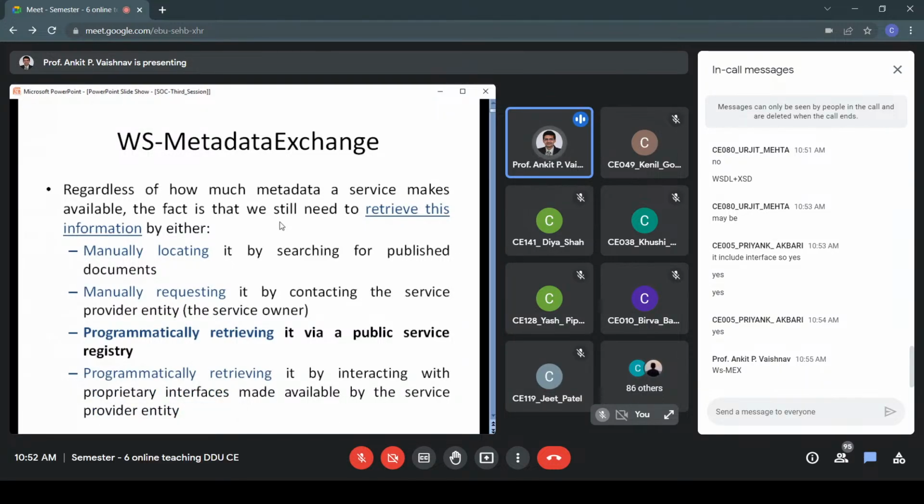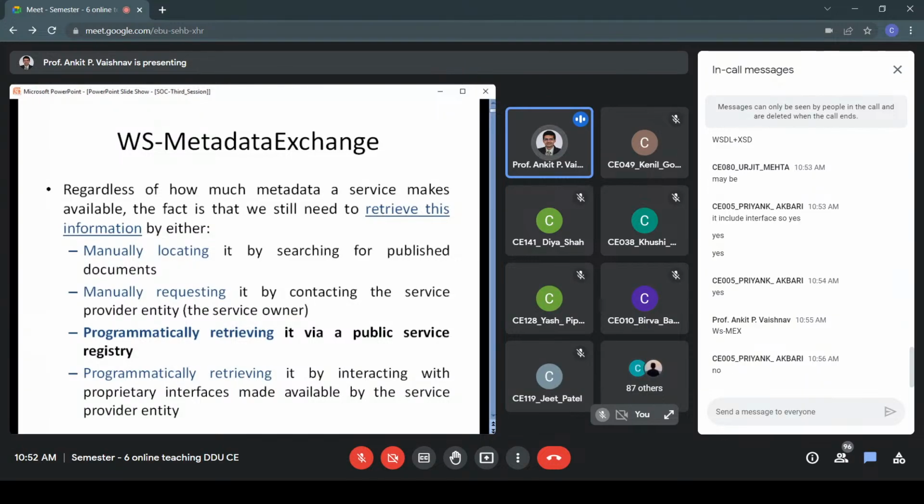Can I call that service without accessing the metadata? A simple question. Can I invoke a service without having access to its metadata? See, I'm not being specific over here. I'm not saying without having WSDL, right? When I say metadata, you assume that WSDL is a part of that. The answer is no, right?